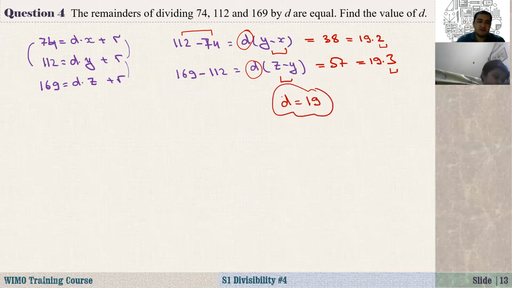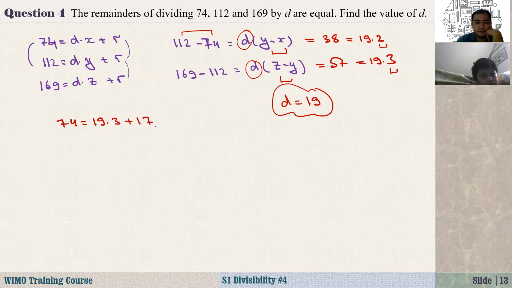So if you check this, if you divide 74 by 19, what is it? It is 4, not 4, it is 3, right? 57, the remainder is